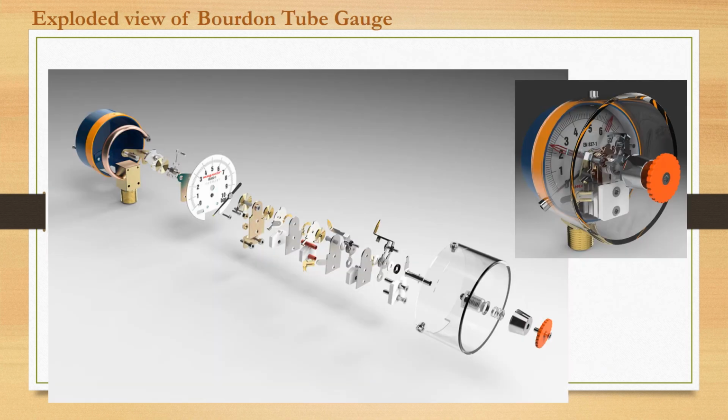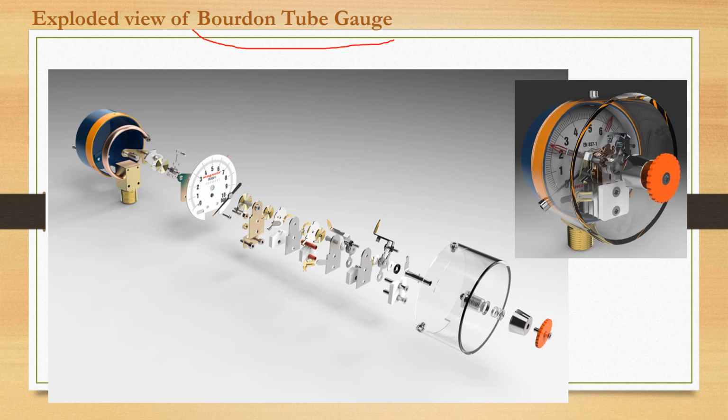Now to understand in more detail, I have shown here the exploded view of the Bourdon tube gauge. So as you can see, this is the figure of the Bourdon tube gauge, and here is shown the exploded view. So you can see it has different